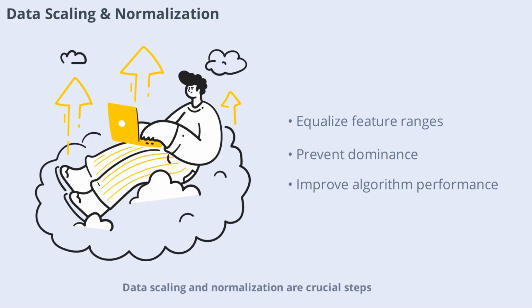Data scaling and normalization are crucial steps in preparing your data for machine learning. These techniques ensure that all features contribute equally to the model, preventing any single feature from dominating due to its scale. For example, if one column ranges from 1 to 1000 and another from 0 to 1, scaling brings them to a comparable range. This step is especially important for algorithms that rely on distance calculations, like k-nearest neighbors or